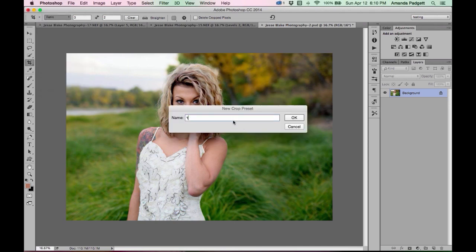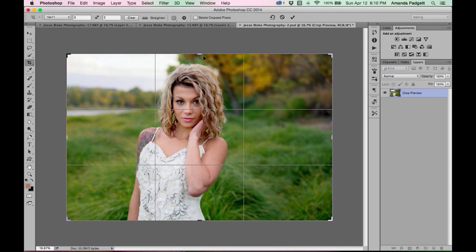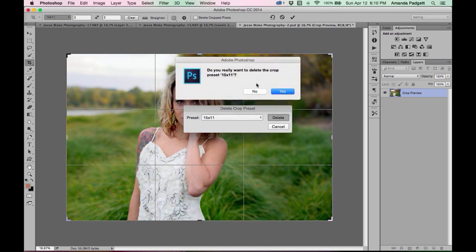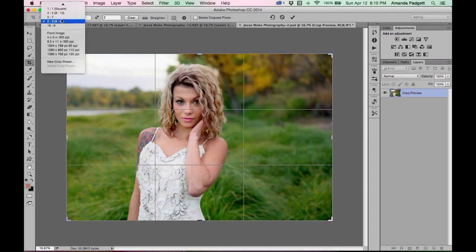What you can do is, oops, I don't want ratio, I want 15:11. All right. That's not what I wanted to do. Sorry. It is a little different on my MacBook. All right, I want to change it to be 15:11